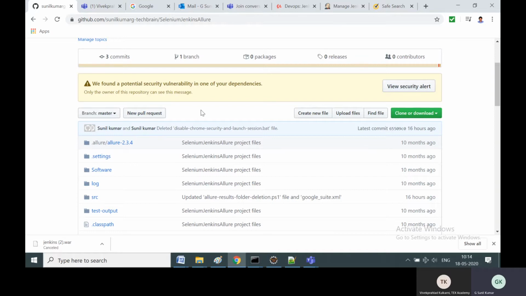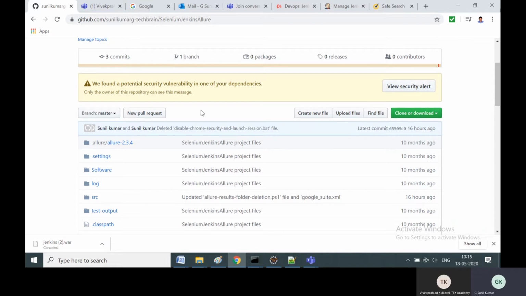Then the next part is how to create a GitHub account, and how to clone the GitHub repository to your local Eclipse, and then how to copy the contents of the Maven project which I gave you in the local to your GitHub repository and check in the code, and have the code available in the master branch of the Selenium Jenkins Allure repository. So these are the 6 items. Be very fluent with each of these 6 items.